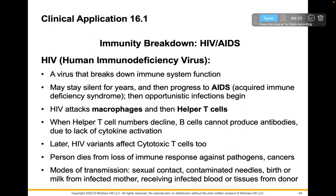And the problem with HIV that I really want you to know is it attacks the helper T cell. Now remember, the helper T cell helps activate both the humoral response and the cell-mediated response. Those B cells and those T cells, they're not synchronized. And so the helper T cell is the major communicator between those two lines of defense in our specific immunity, in our adaptive immunity. So when you take out a helper T cell, you still have B cells and T cells trying to fight, but it's just not organized. So what happens is you lose your immune response against just common pathogens or cancers,